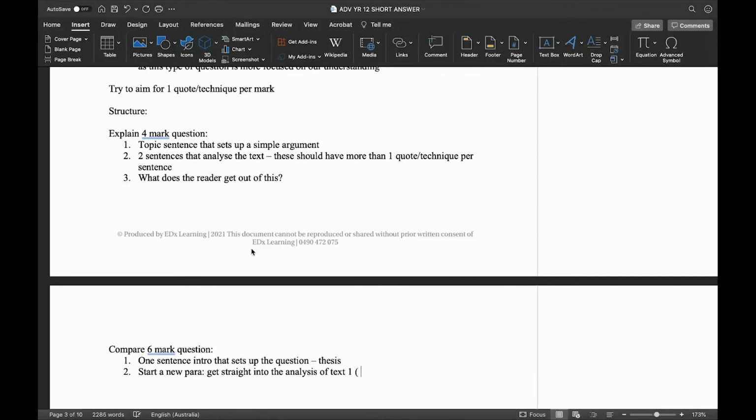So in this, if it's a 6 marker, what you want to be doing is 3 quotes and 3 techniques. And this is going to be on text 1. You start a new paragraph and you get straight into it. So say,